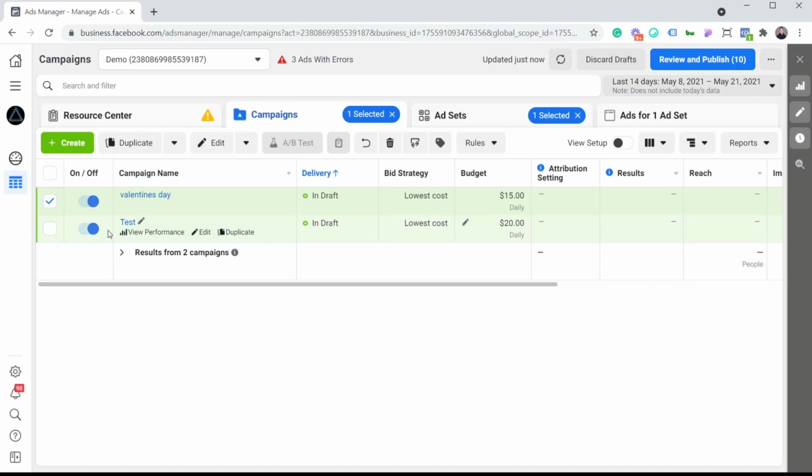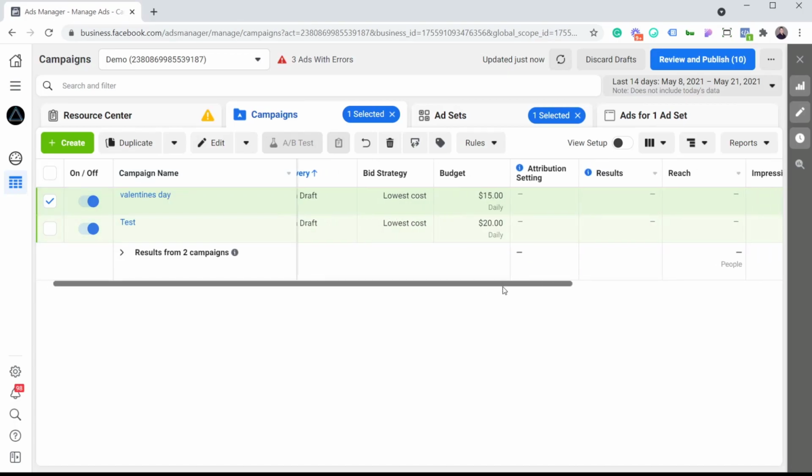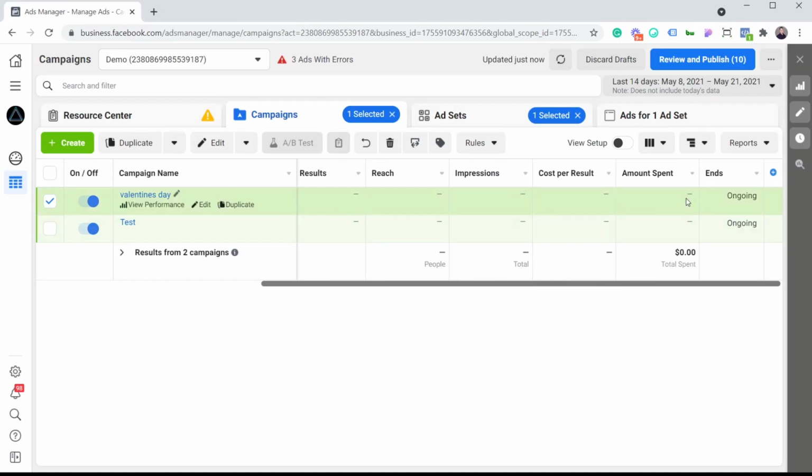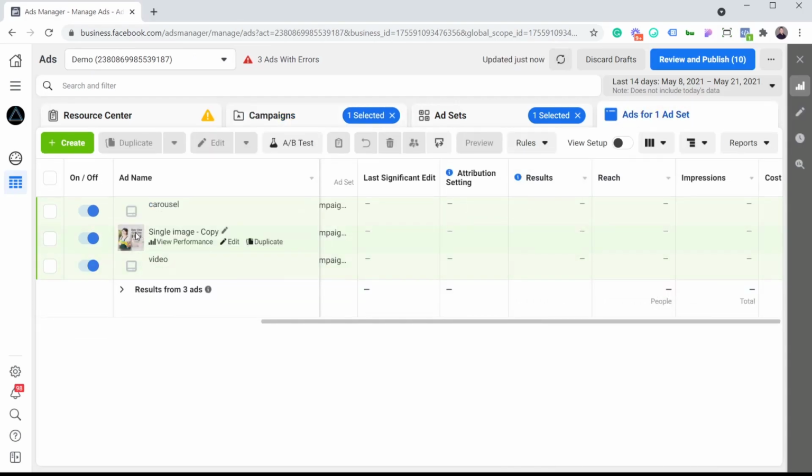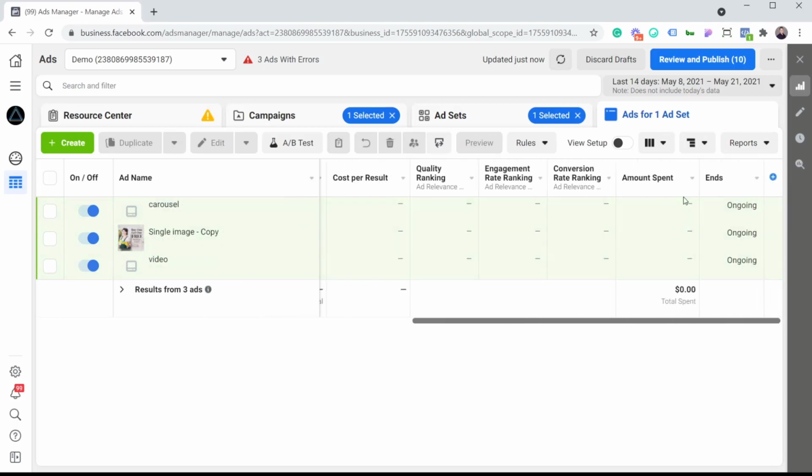Or maybe if you're looking at your data on the campaign level, you're gonna see, oh no, I'm spending money. If you go to the amount spent, you're spending money. Now this is a demo account, by the way, so you won't see any spending, but you would be able to see that maybe you're spending money, but if you go on the ads level, you see that, let's say, for example, this ad here actually got rejected. So that could potentially be one reason why you're not really seeing conversions. So it's just really going to the bottom here and looking if you're spending money and if everything has been